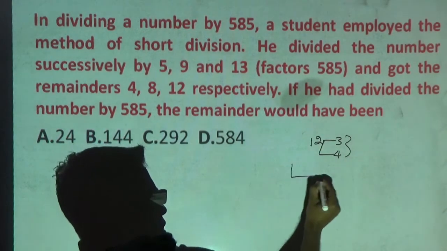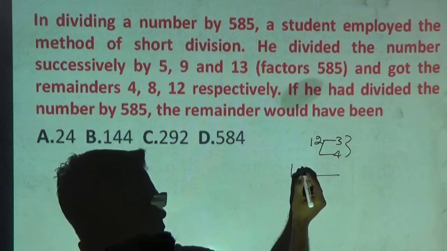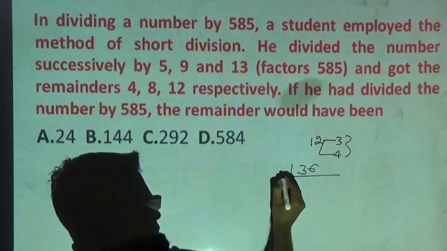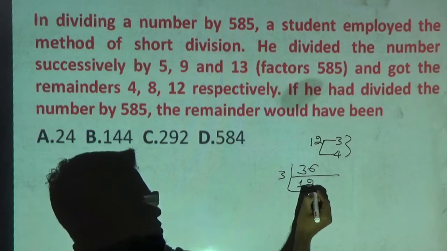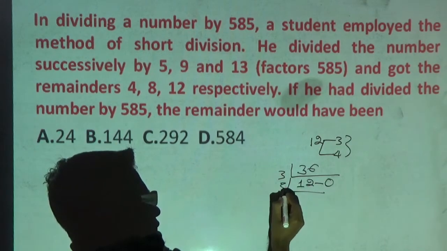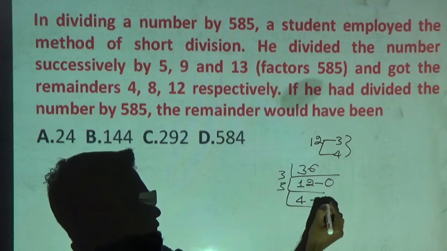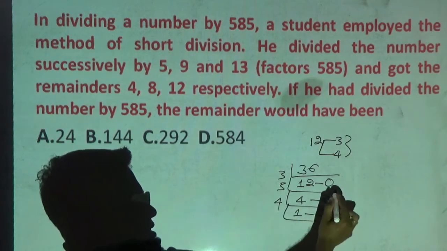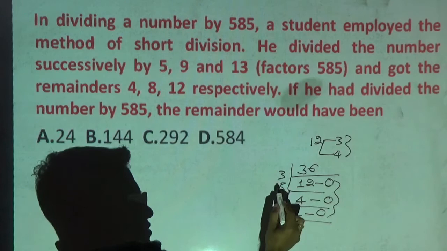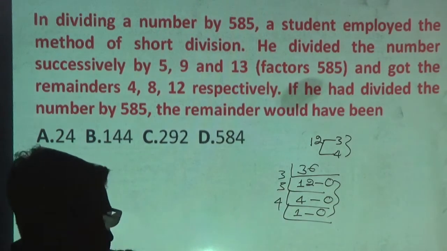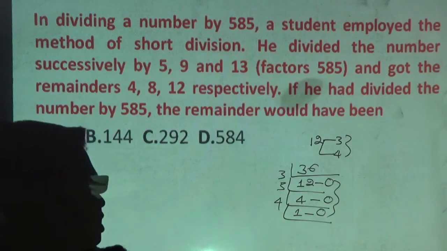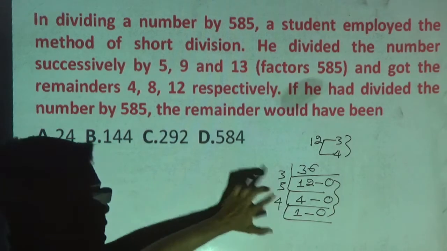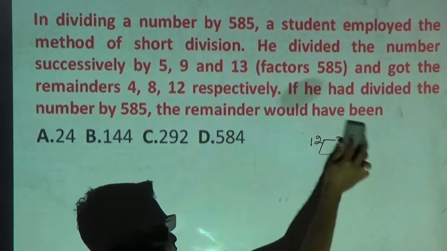For example, I want to divide the number 36. 12 3s are 36. Instead of that, I can divide like this. 3 1s are 3, 3 2s are 6, remainder is 0. Then 3 4s is 12, remainder 0. 4 1s is 4, remainder is 0. These are the remainders. So I have employed division by 3 and 4. This is called the short division method. After dividing completely, the last digit is 1. With this I am going to solve this example. Hope you have understood what the short division method is.